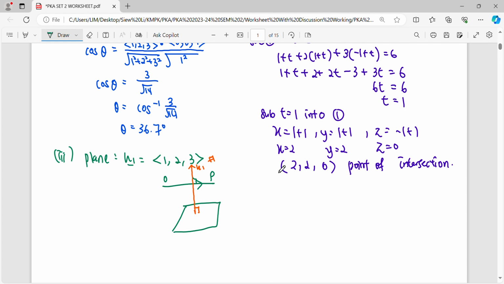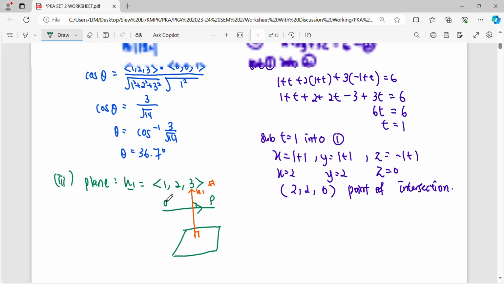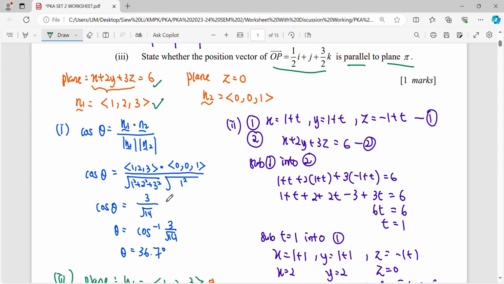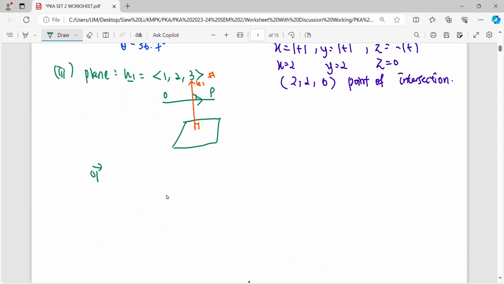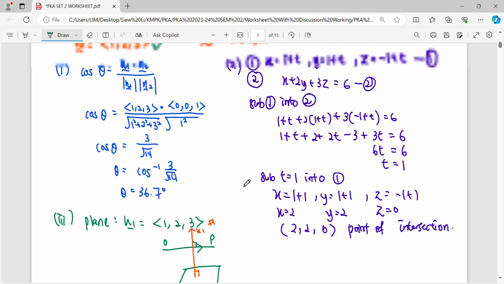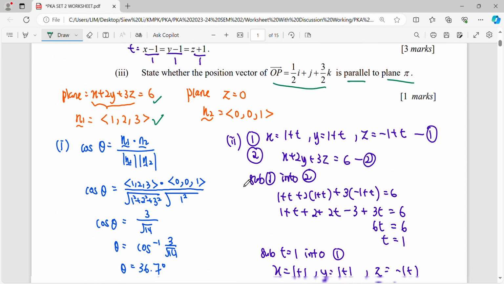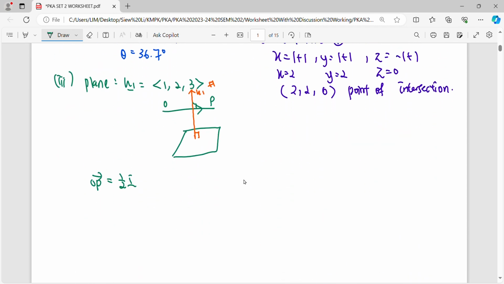Show that OP and the normal are perpendicular, then the plane can be parallel. OP is given here as 1/2 i